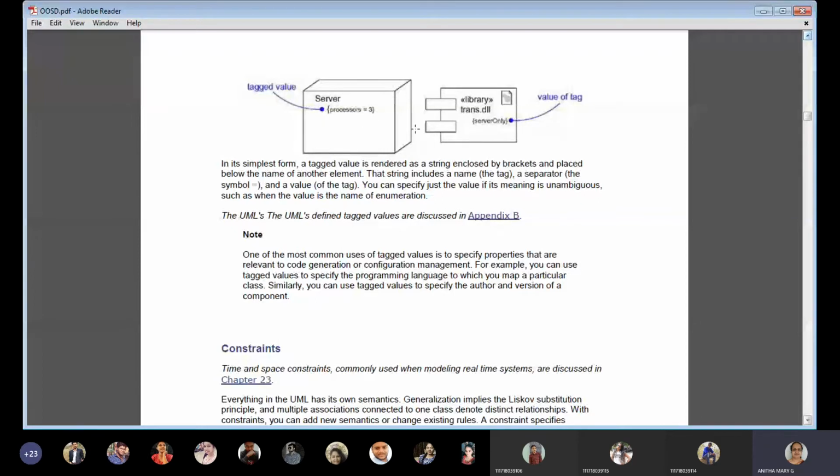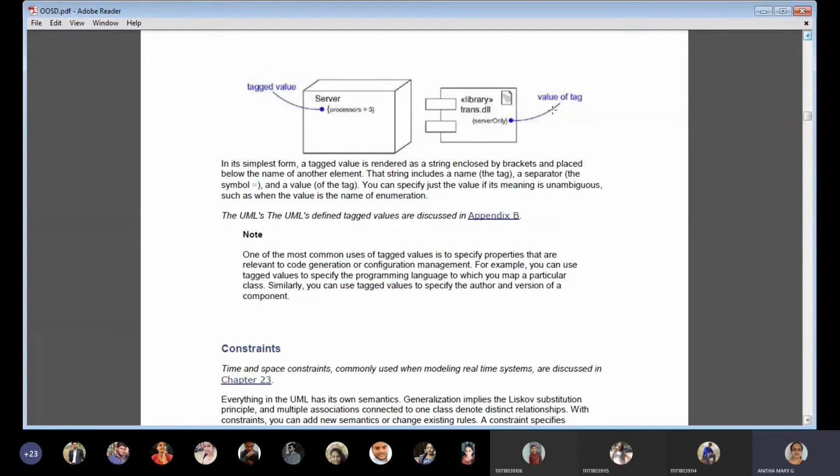But what more are we learning in detail? When something like this is a stereotyped DLL, and this is a component, as soon as you see the graphical representation, you should be able to say what it is. Here we have to give the condition: this .dll works just like a server.